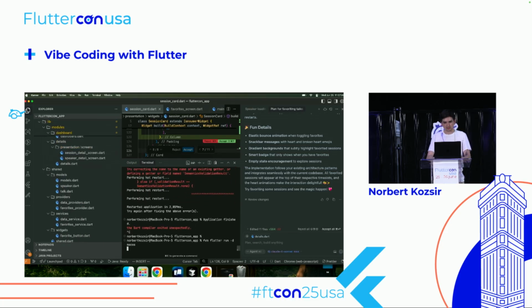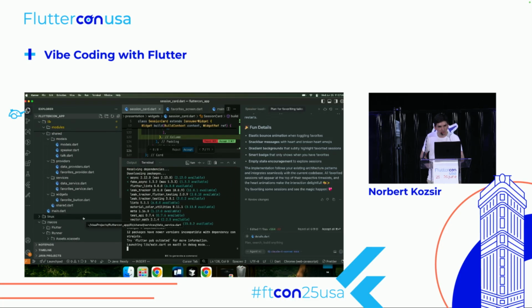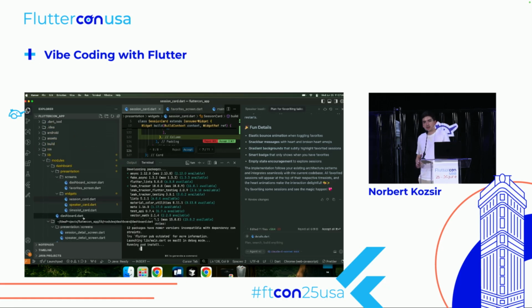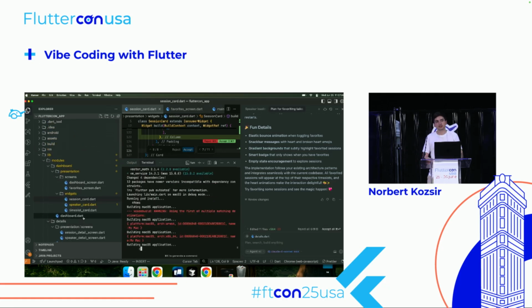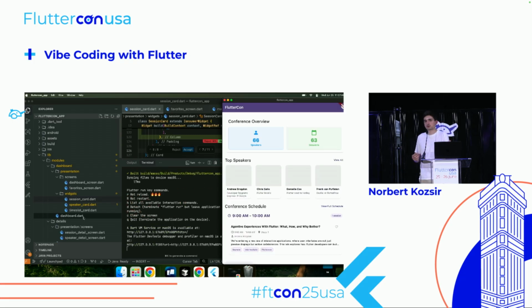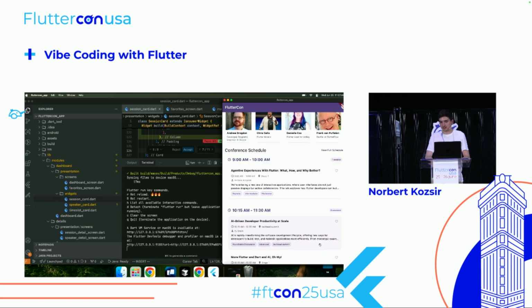What's going on? Let's do a restart. There should be no errors. It's really more than that. Nowadays, you can use AI and this whole agentic mode in whatever IDE, whatever situation you want, to do so much more. Simple things are becoming simpler like they should be. Implementing a favorites feature is no rocket science, and I think it's great that we can implement features which are pretty simple in little time.